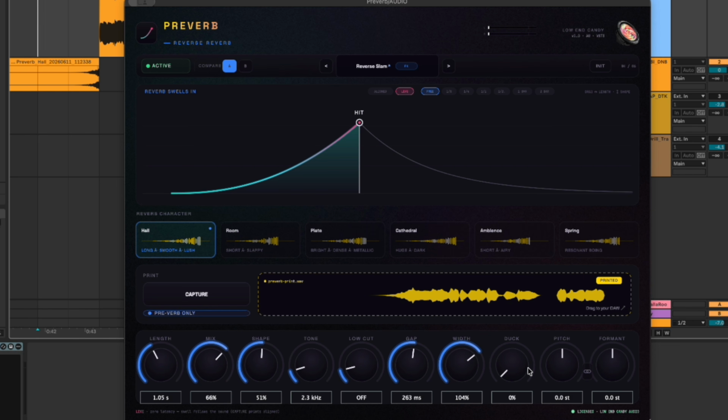Then we have duck. What this is going to do is increase or decrease the amount of ducking for our actual sample that is taking place with the preverb. So if we want it kind of tucked back there and we want our vocal to shine, if we turn up duck,